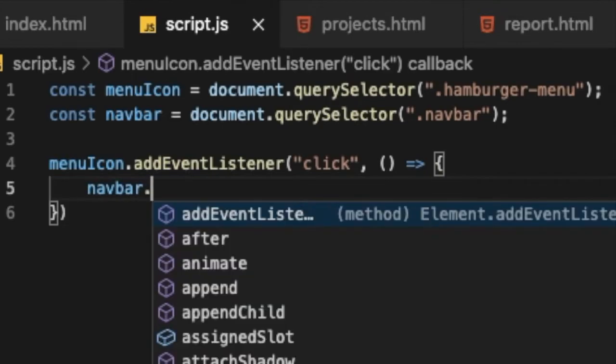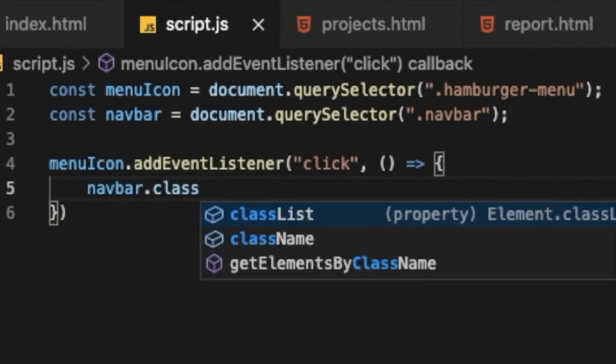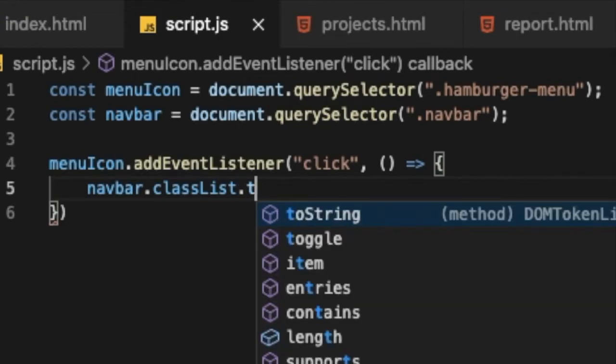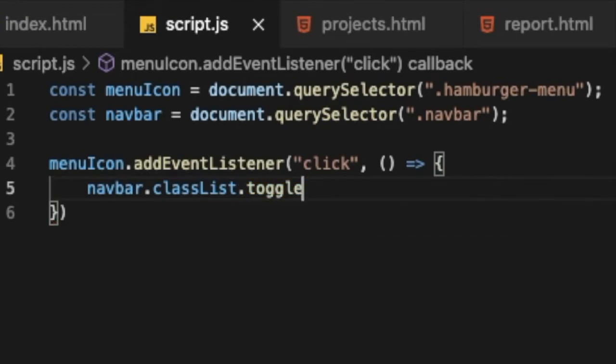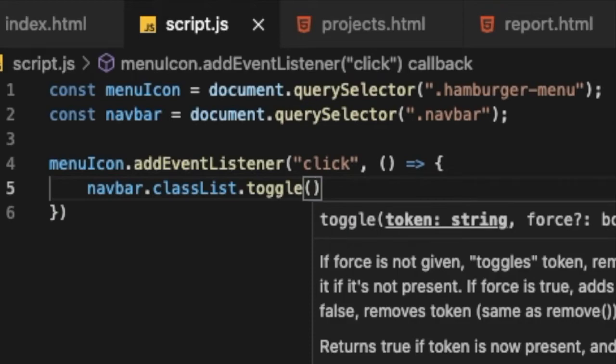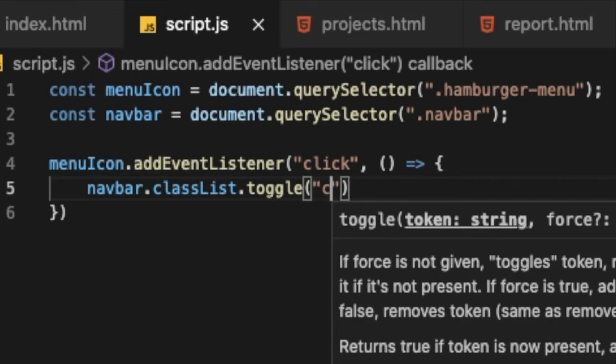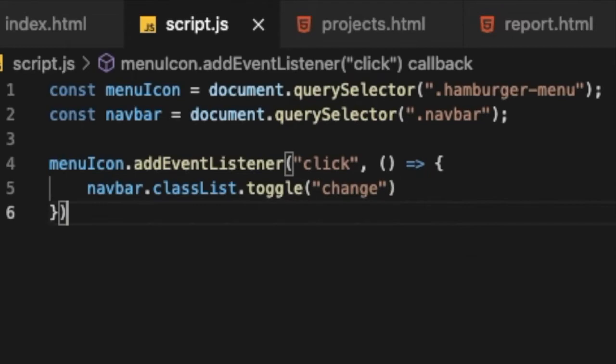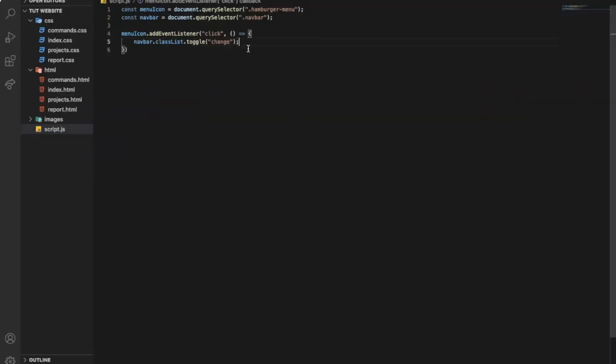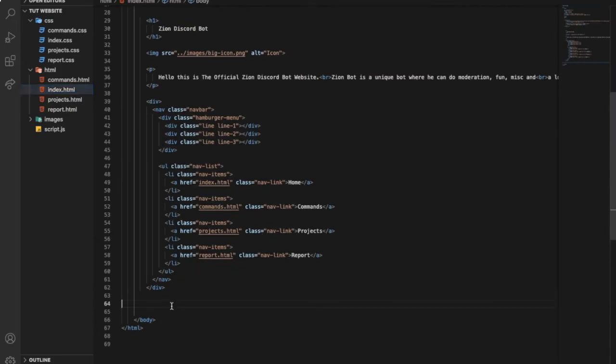So dot class list and dot toggle change. Okay, so change. And now we are done with the JavaScript part, but you need to go to the index over here and